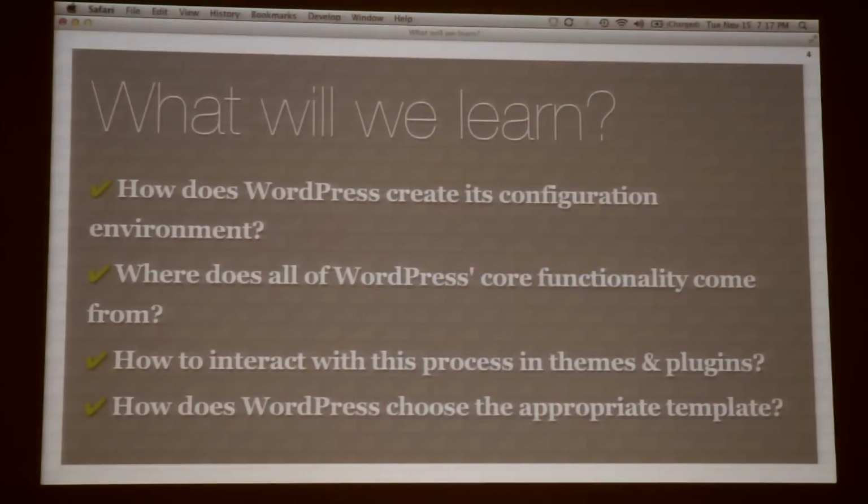What are we going to be learning tonight? Specifically, I hope when we all leave, you'll know a little bit more about where the configuration comes from in WordPress, how the core uses that configuration information to load everything it needs to produce a proper environment for returning a WordPress page, and how WordPress allows us to interact with this process. We do that with constants and with action hooks. We'll see that as we move through it. And hopefully we'll also know how, at the end of the process, the proper template is picked and returned